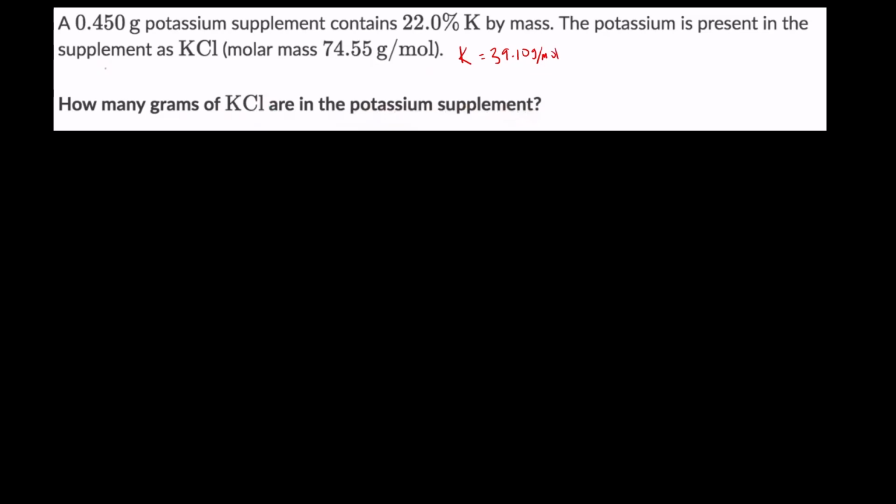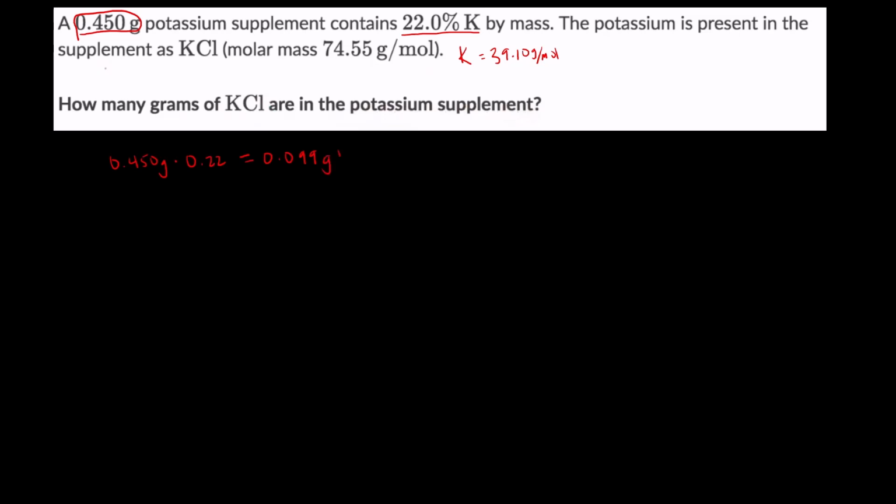Alright, so now, to begin with, we're going to have to figure out what we're dealing with here. We're given a 0.450 gram supplement, and we're given 22% potassium by mass. So this problem has one added step in which we have to figure out how much that is. So basically, we're going to take 0.450 grams, and we're going to multiply it by that 22% to determine the mass of the potassium. And so if you do that, you should get